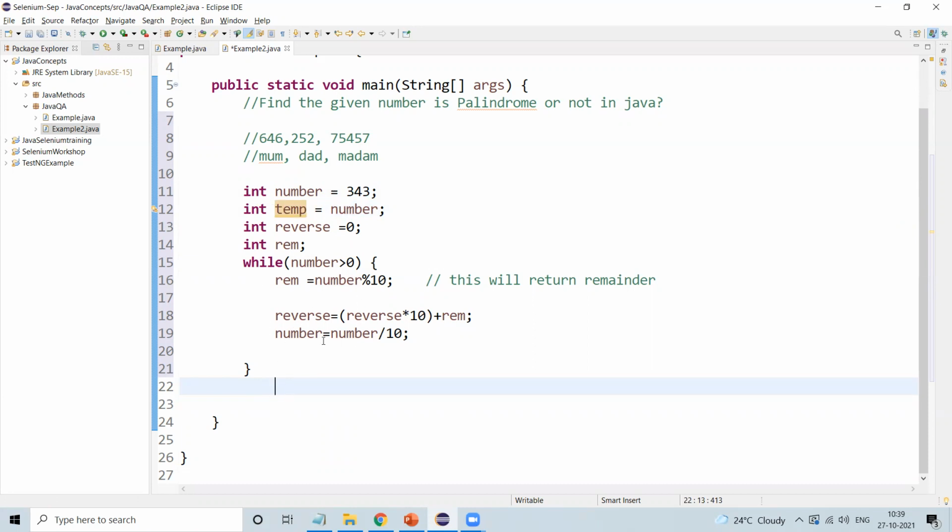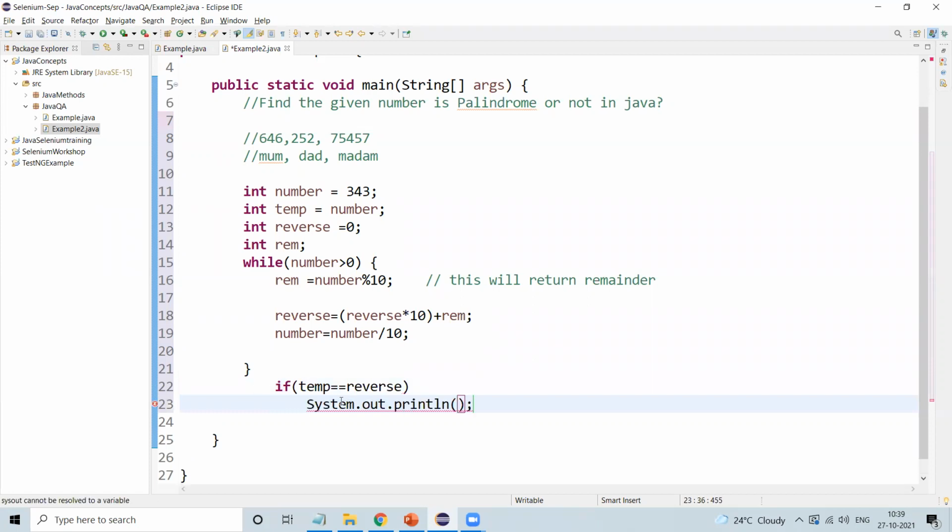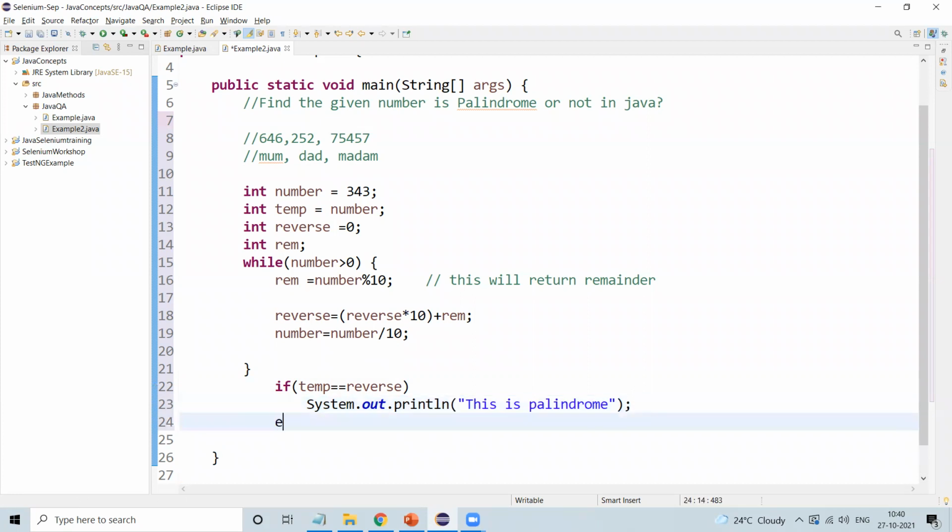So the condition: if temp equal to reverse, then it is going to print this is palindrome.